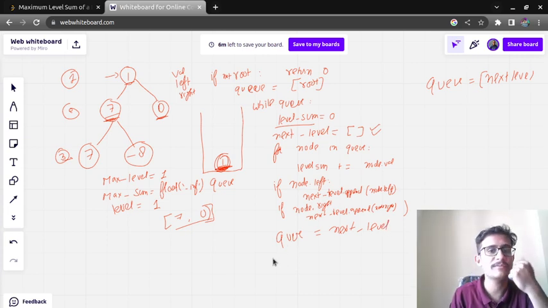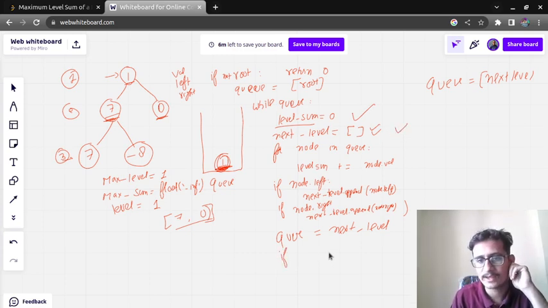Okay, and one more thing we need to check. We have got the level sum as well as the next level elements, so we need to compare. If the current level sum is greater than the maximum sum, we need to update the maximum sum. So maximum sum will be equal to level sum, right?